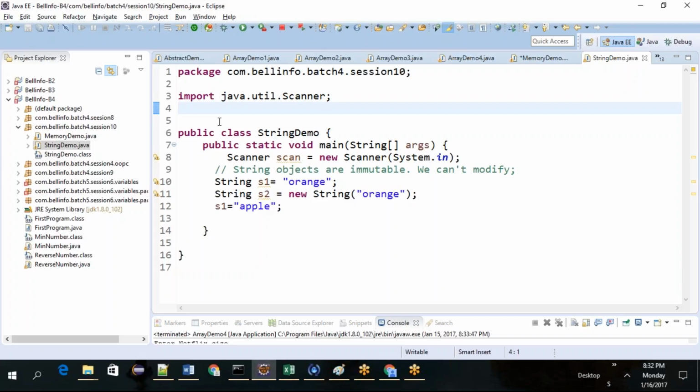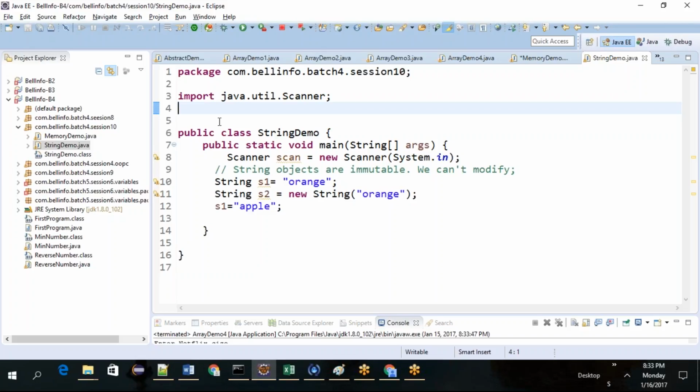What is the default package in each and every class? The java.lang package. Where is the String class? It is in the java.lang built-in package. So string objects are immutable. We can't modify them, but string reference variables we can modify.